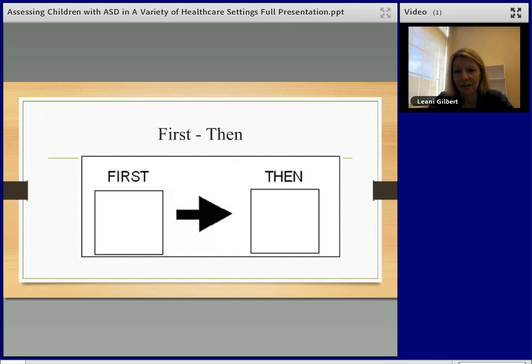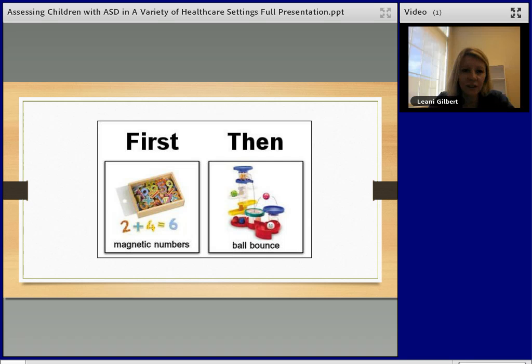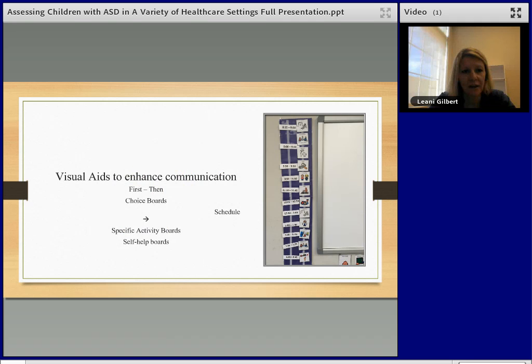First-then boards are wonderful for just getting through daily activities, but you can use them when you have to do an assessment. So first we're going to do magnetic numbers, and then we can do a preferred activity like ball bounce. The visual aids that we use are first-then choice boards, schedules, so they know exactly what is going to happen, specific activity boards, self-help boards,